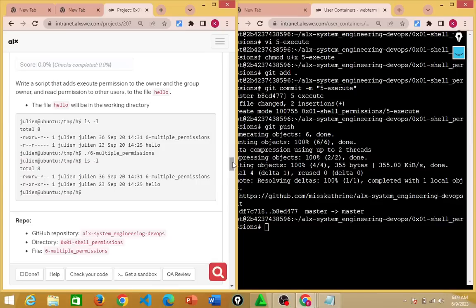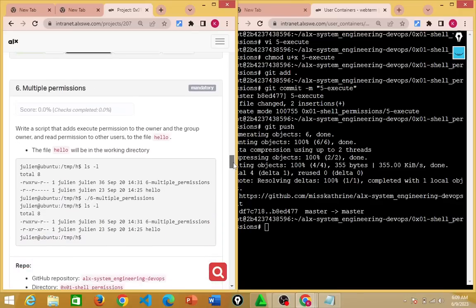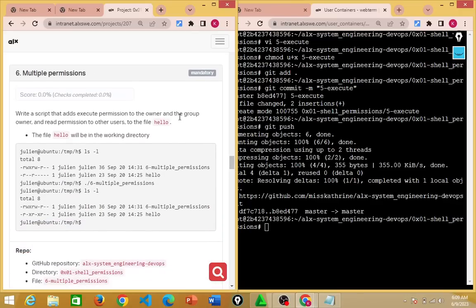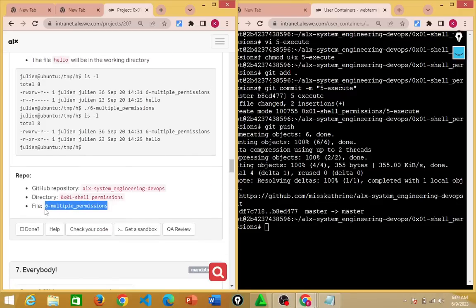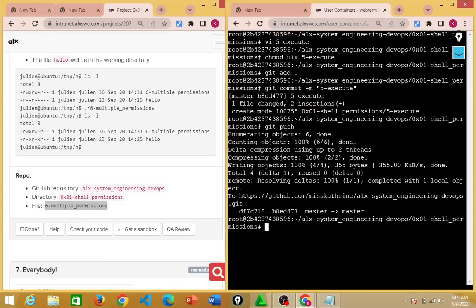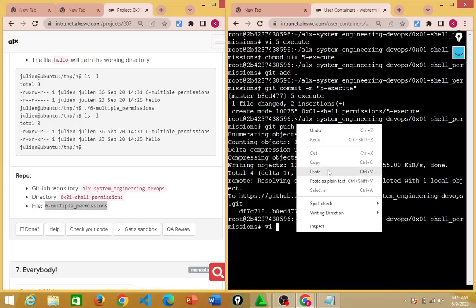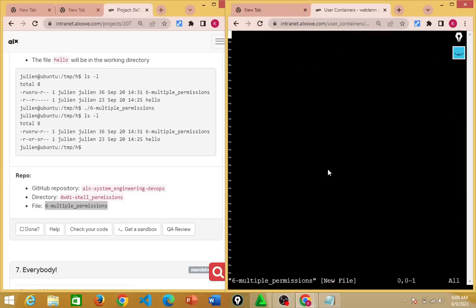Multiple files. So what are we supposed to do here? Multiple permission, and it is: write a script that adds execute permission to the owner and the group owner, and read permission to other users to the file hello. So I'll just come down here and copy this file name. I'll do vi, I'll paste, I'll hit enter, then I'll tap a to enter into insert mode. Remember our compulsory first line,